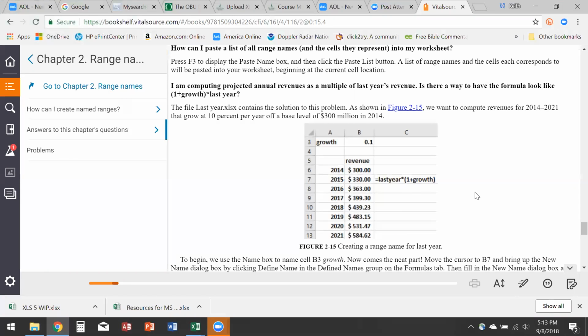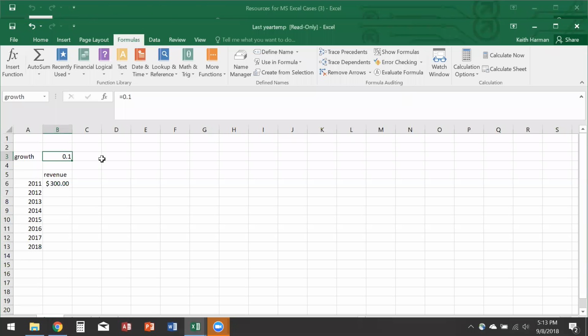And they're going to have us use that name to do that. So I've got the growth, okay, and they utilize a name for last year, right? And I'm not real revved about that. I have the growth factor, okay,